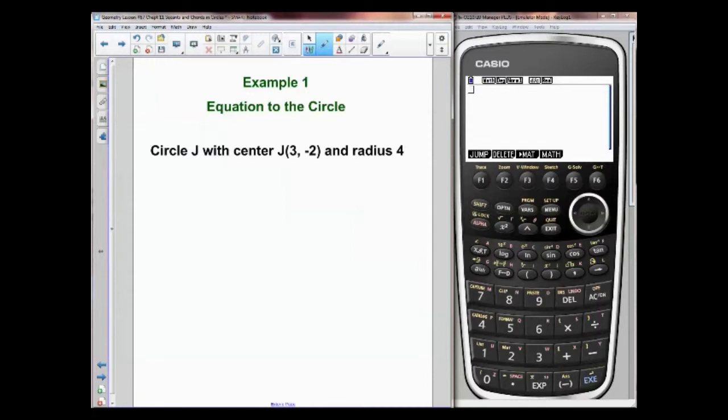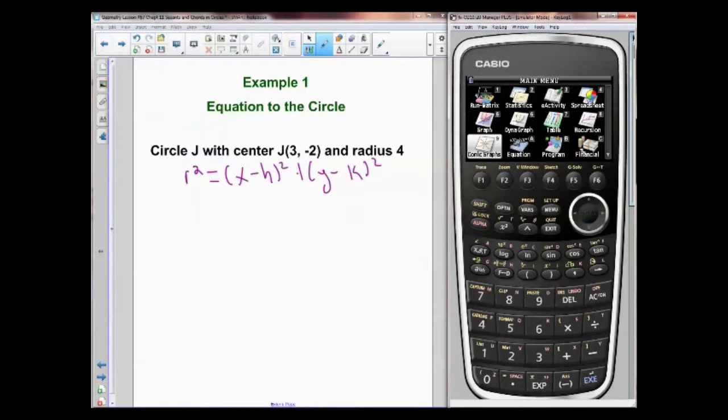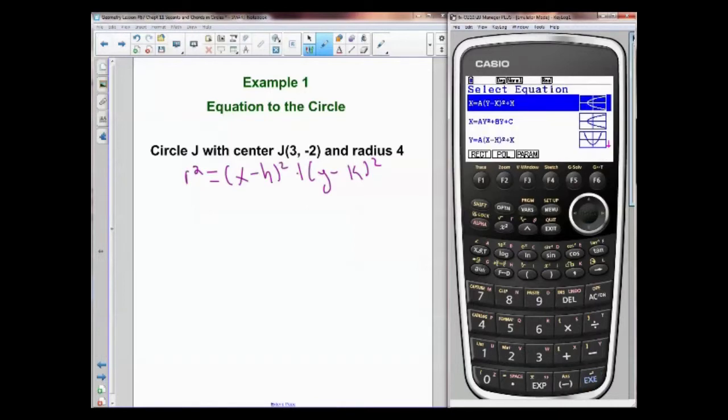So circle J with center J (3, -2) and a radius of 4. We just want to write the equation, and again, it's r squared is equal to (x minus h) squared plus (y minus k) squared. I'm not going to write this for you. It may be on your formula chart, but you can always go to conic graphs, and it's going to have the equation of the circle for you. Watch this. Boom, there it is right here. There's standard form, which we don't do in this course. And we have your regular